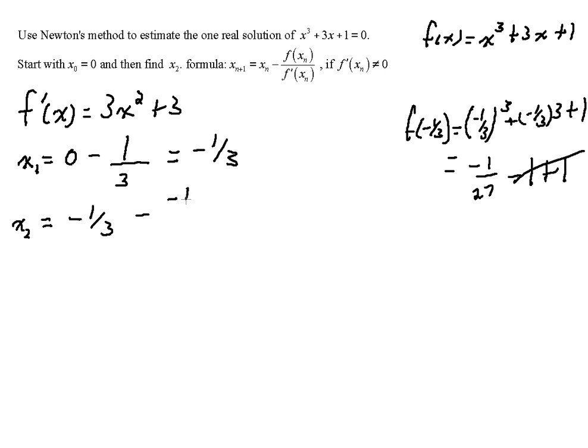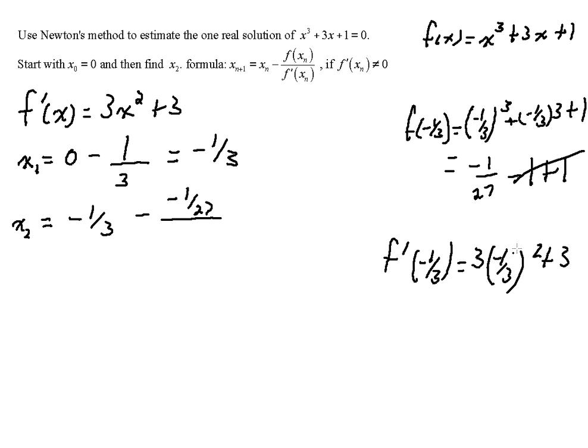And we have f prime of negative 1/3, and this is our little scratch work. f prime of negative 1/3 is equal to 3 times negative 1/3 squared plus 3. Negative 1/3 squared is 1 over 9. 3 over 9 is 1 over 3 plus 3 is equal to